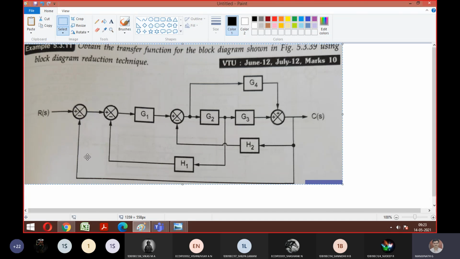Whenever you see any block diagram problem, the first thing you should see is what, guys? You should count the number of forward paths and feedback paths. After knowing that, you make a strategic plan that this is the first step, I should solve like this, then this is the second step. You can implement that step by step and solve the problem. Okay, so let's proceed with the first step now.